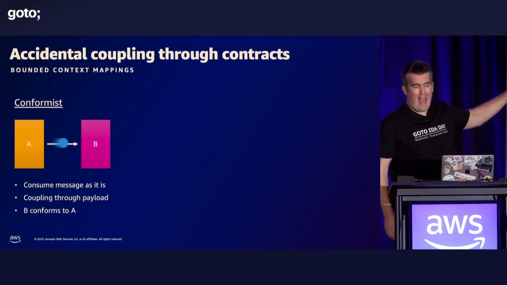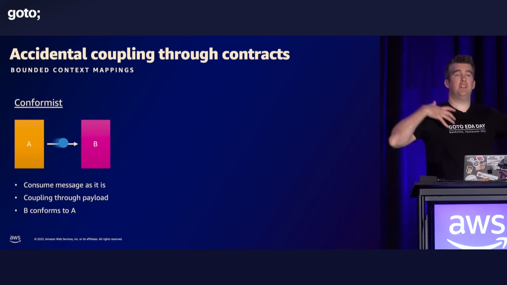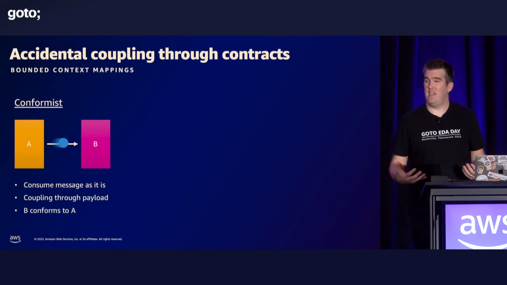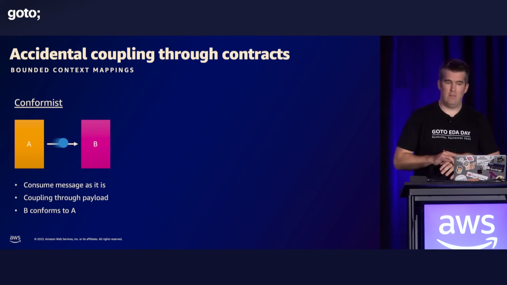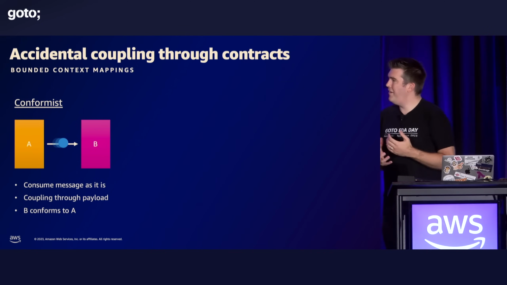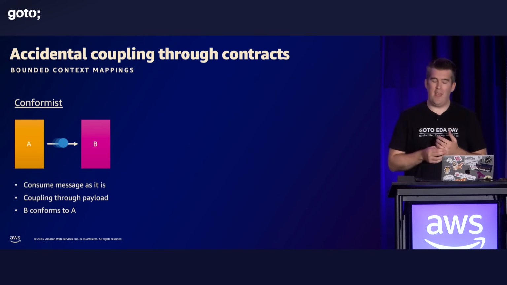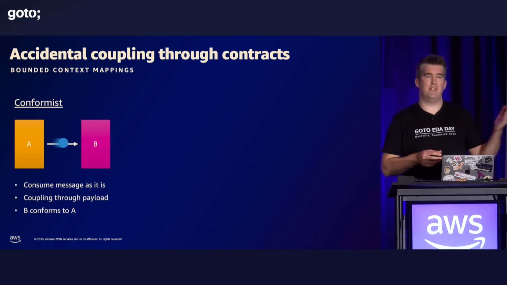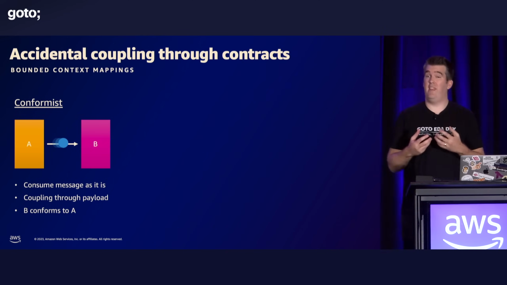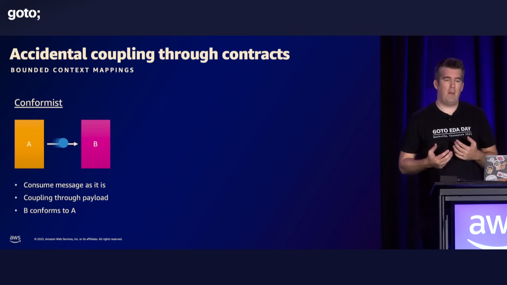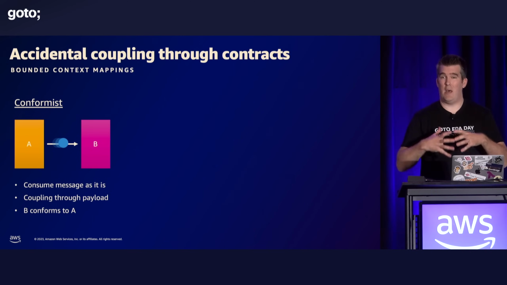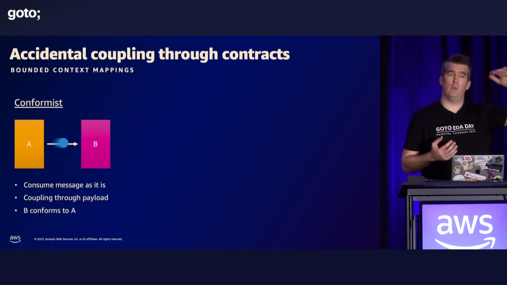An example would be: A, the producer, is producing an event. We, as B, consume the event as it is. Now, that might be fine, but we've got to consider a few things. An example would be if we integrate with a SaaS partner, Salesforce was mentioned today, and we take this event model and decide to do something with it in our domain. That might seem okay at the start, but what we're actually doing is binding our implementation details, our models, with the Salesforce model.